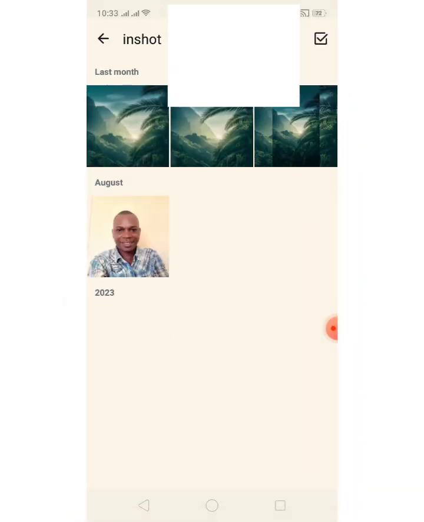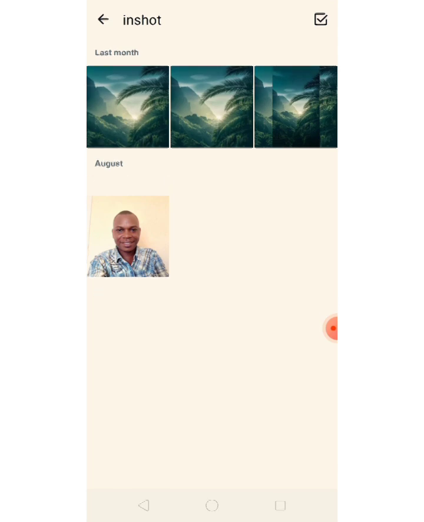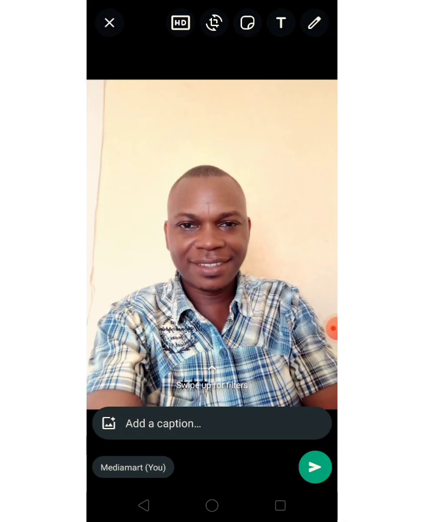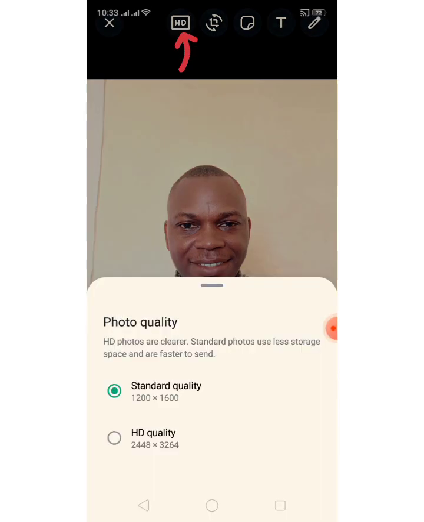So this is my photo. I just want to send it somewhere. This is the photo. So this photo is of high quality, which means I have to come and click HD. Click on HD. You'll see here they have said standard quality, which is 12 by 16, and then here there's what we call HD quality, which is